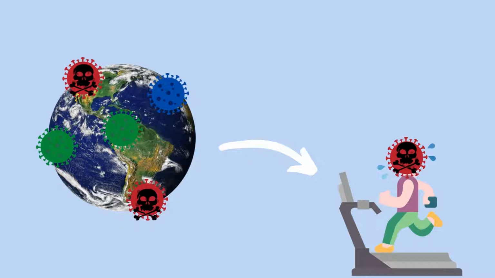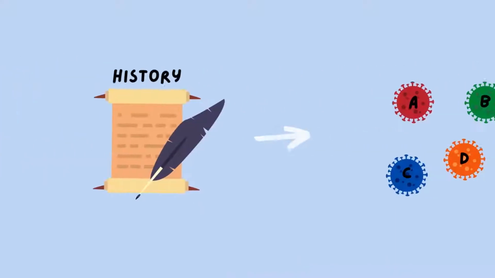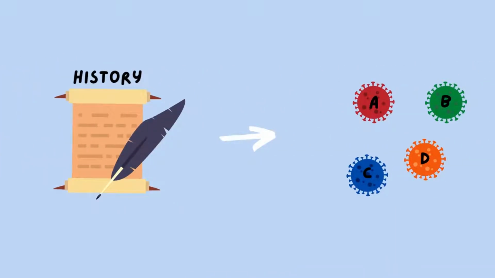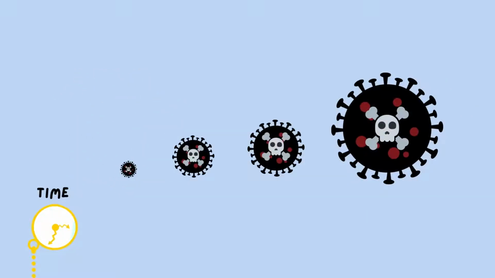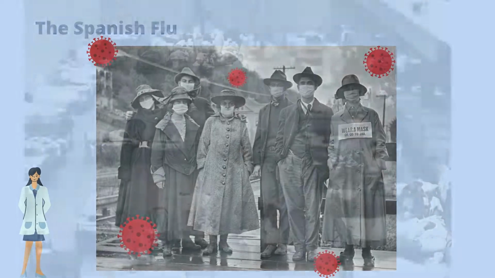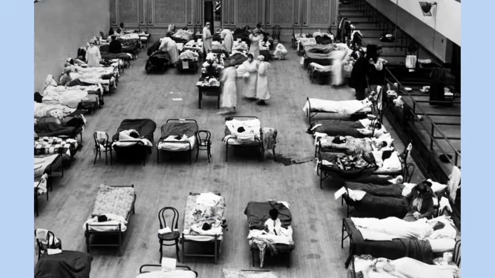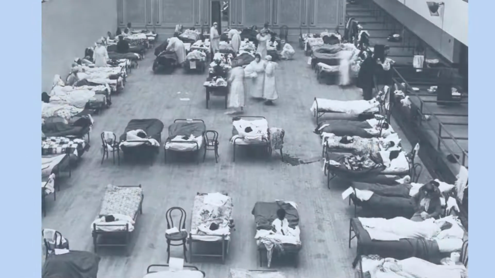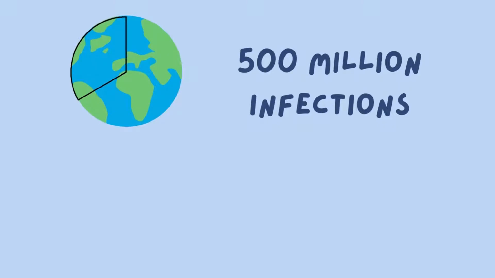Now that we know the major differences between the strains, we'll do a brief overview of the history of the influenza viruses and how it has evolved over time. It wasn't until the year 1918 that influenza was first recorded, but by then, it became a serious problem. The 1918 pandemic was by far the deadliest spread of a virus in recent history. It infected 500 million people, which was 1/3 of the world's population at the time, and it killed an estimated